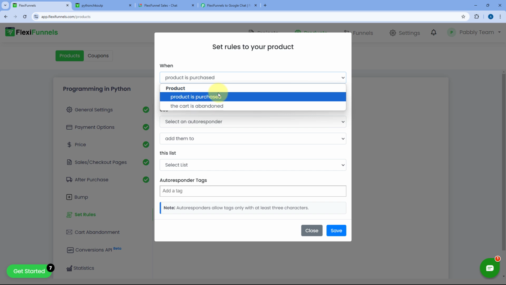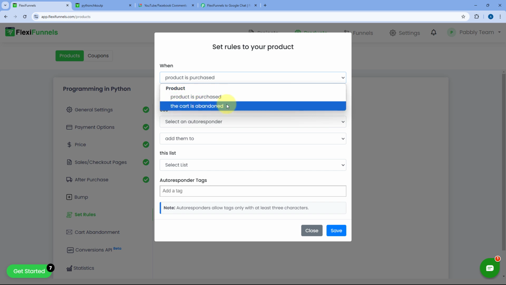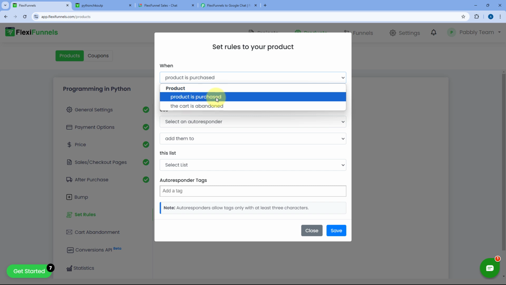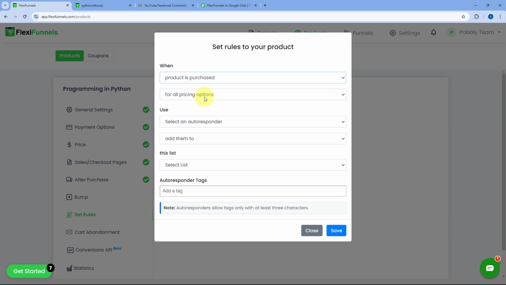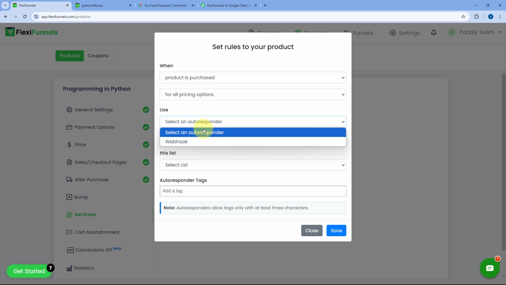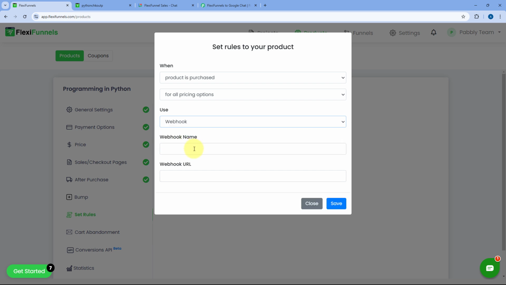So in the drop down, we have 2 options, product is purchased, the cart is abandoned. We want to set up this automation for product purchase, so we are going to select it. And we are going to set up this automation for all the pricing options of this particular product. Then here in use from this drop down, we are going to select webhook and then it will ask us